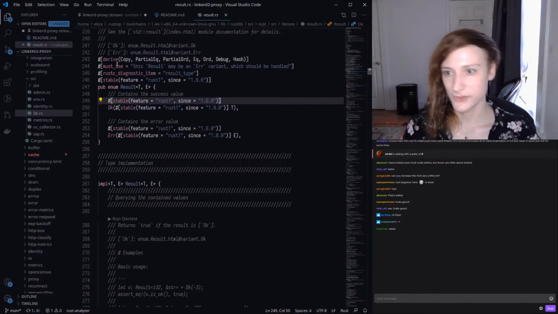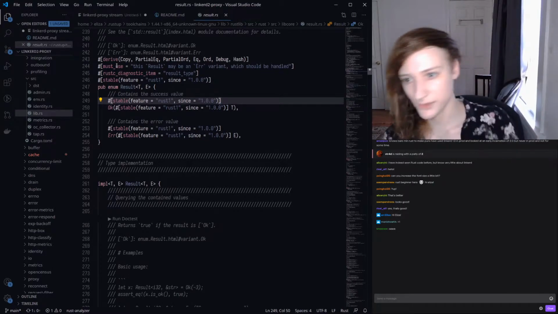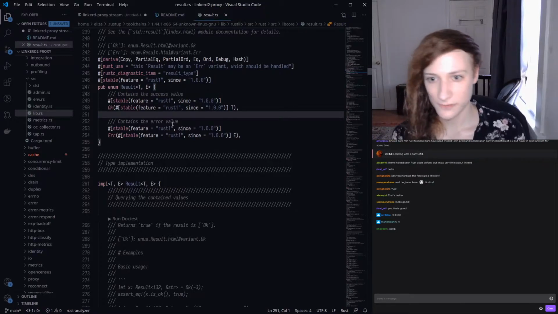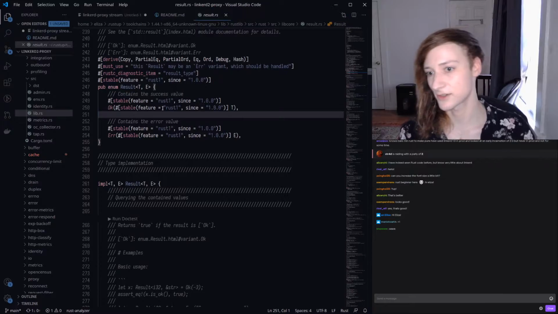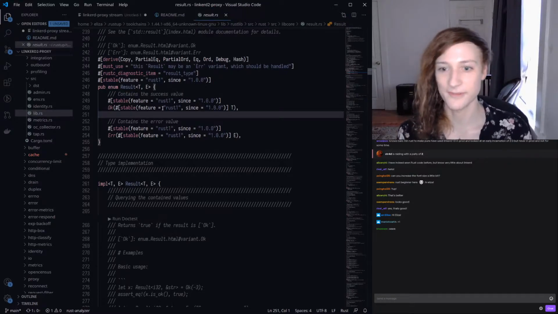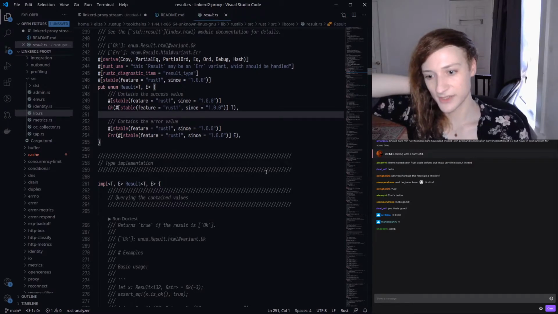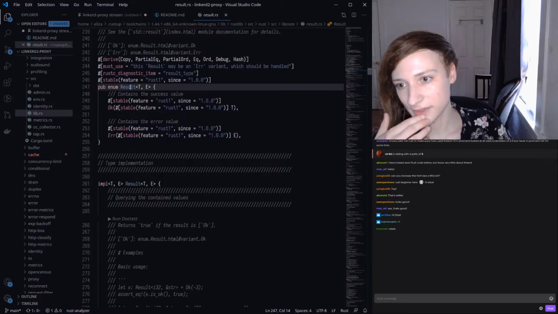Like must_use is saying that if you don't consume this type, the compiler should make a warning in code that uses it. And then these stability attributes are for how the standard library is versioned, and they are really just ignorable, so we can ignore them. So, this is not as clean as we would like because it's in the standard library, but it's sort of an example of a Rust type.